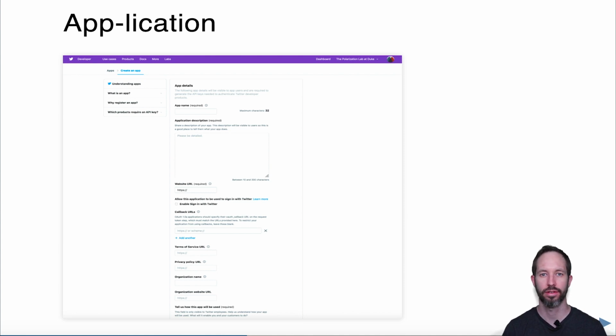The first is telling Twitter what you're going to use the data for. My advice to you is to be as honest as possible. Tell them exactly what you want to do with the API. A perfectly reasonable start might be something like,